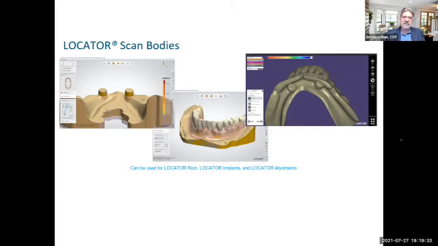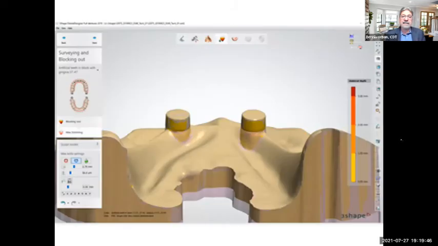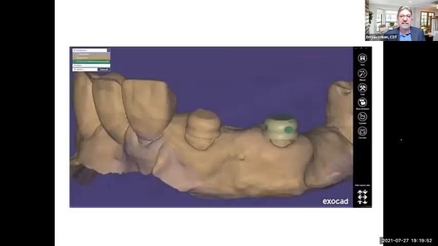I'm not even touching on that tonight, but I touch on it a little bit here, with virtual articulations and denture setups. It's just amazing what can be done now with digital dentures and digital technology on removables. And this is just a photo of a scan with the scan bodies. Another photo of a scan here, allowing us to do a setup. We're going to be doing a setup,